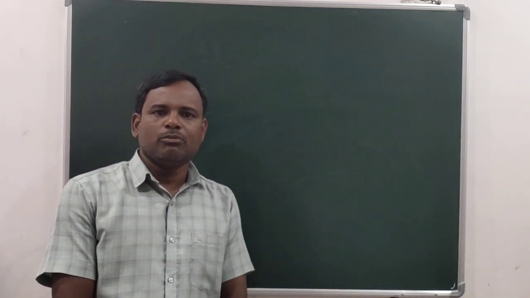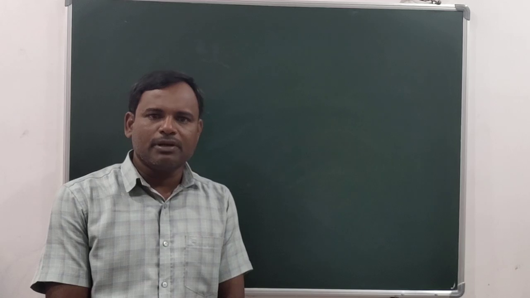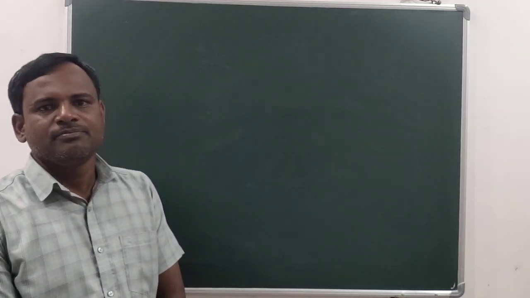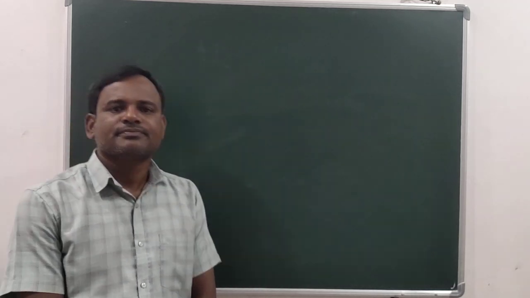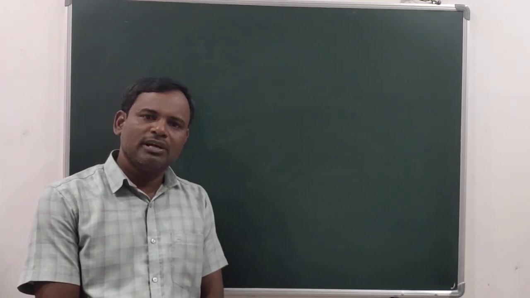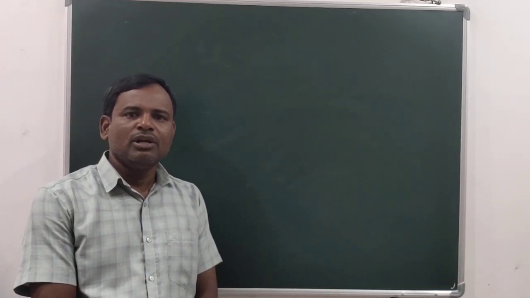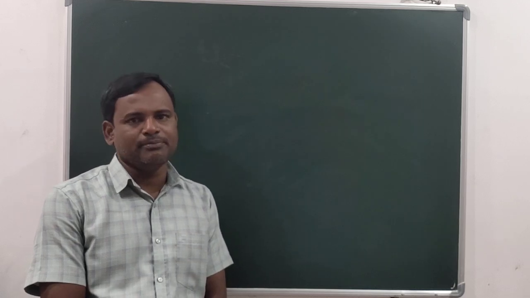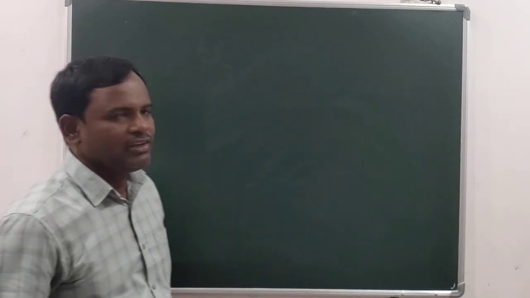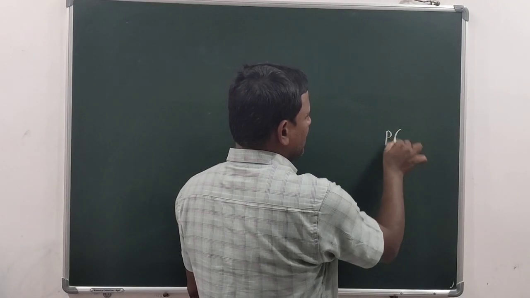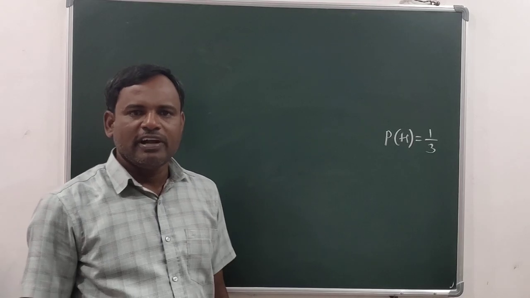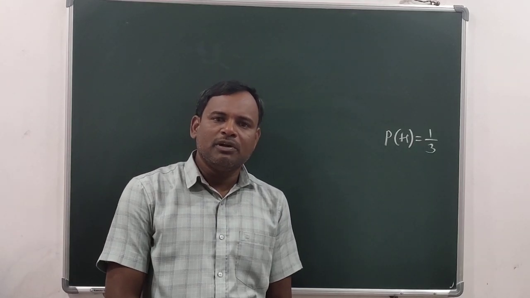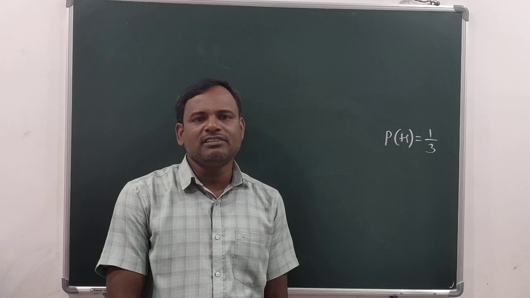In this class, now I am going to explain you a problem from probability. This was given in JEE Advanced 2023 paper 2, and see that question. A coin is thrown repeatedly until we get two successive outcomes as same, and also given that probability of getting head is 1 by 3. Then find the probability that experiment ends with a head.